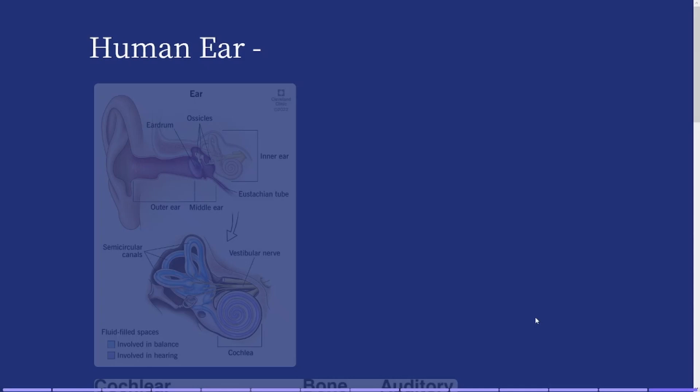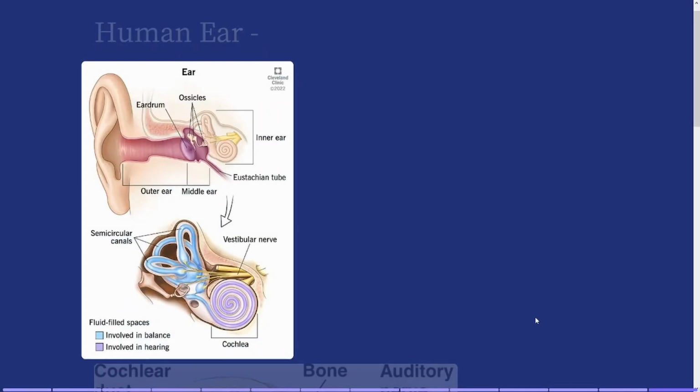Now let's move to the human ear part. The human ear is anatomically divided into three divisions. There is first the outer ear, which contains both the pinna and ear canal. Then there is the middle ear, which contains malleus, incus and stapes, which are the three bony structures present in the ear. And then there is the internal ear, which is also called the inner ear or labyrinth. Now the outer ear, pinna and ear canal, has several components. It has fine hair and wax glands,